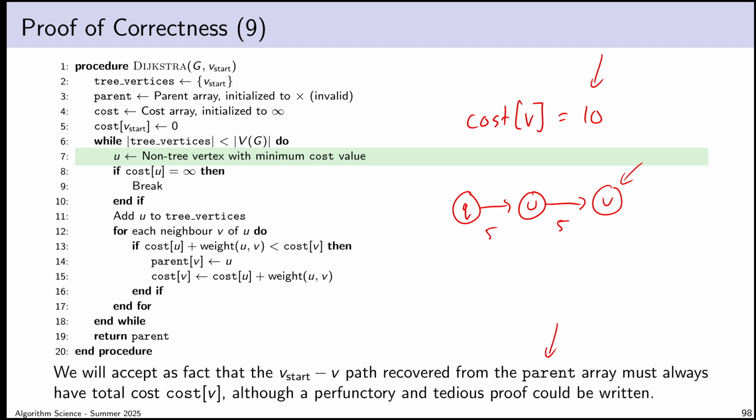Maybe I need a proof of that fact. I'm going to treat that fact as being true. If you want to write a proof of it, you'd find it wasn't difficult. You could do it with a variety of methods. Maybe you could use a loop invariant or something. But I regard that as something we can see, basically, if we observe that the parent array and the cost array are always updated in lockstep. The only time I ever update the parent array is when I'm also updating the cost array at the same time, and the updates are proportional, I guess. That is to say, the update I do to the cost array is based on the same modification I'm performing to the parent array. So I am acknowledging that this is not something I'm writing a formal proof of, but I believe it to be something that somebody who reads the algorithm could accept with little other justification beyond simply stating this fact. If you wanted a proof, though, you could write one.